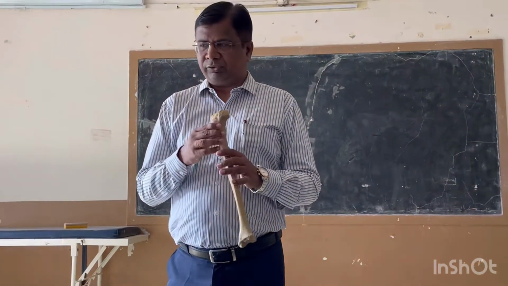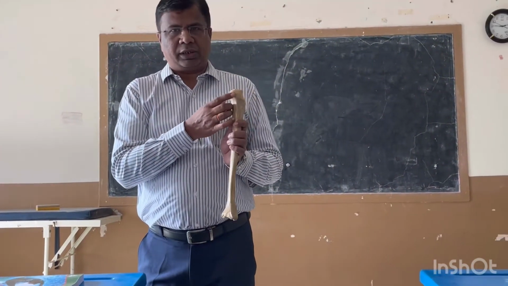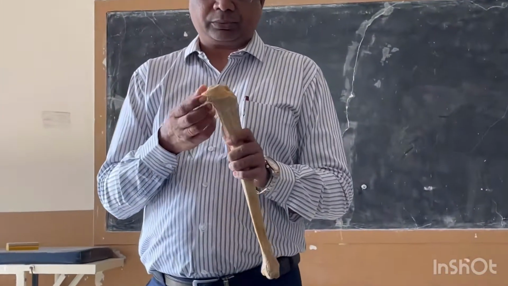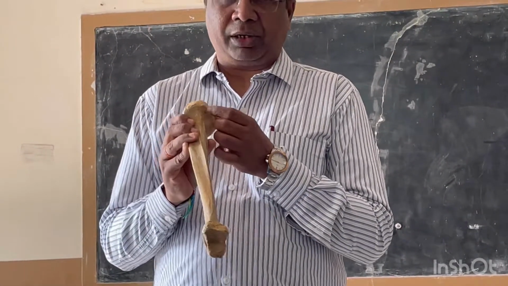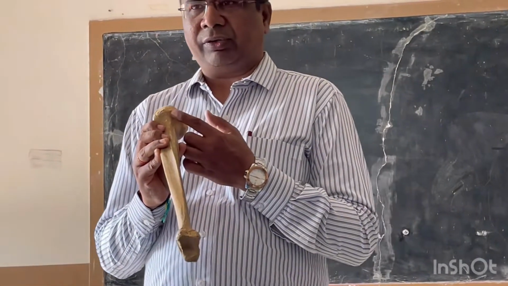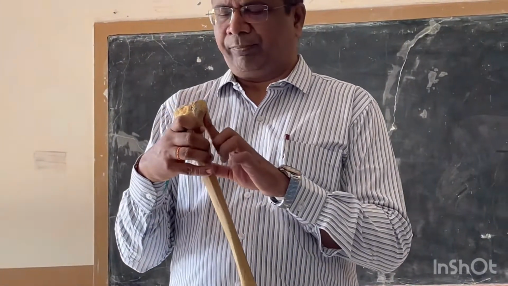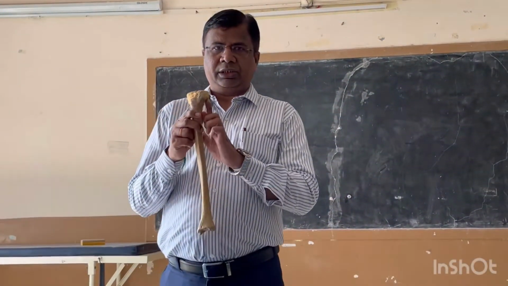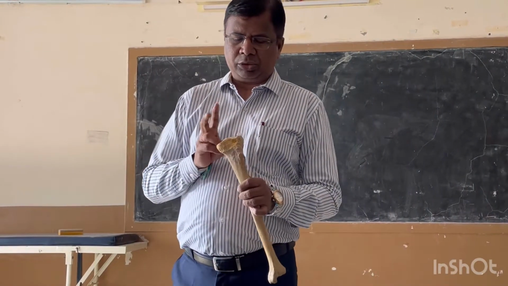The other features of the condyles: on the posterior part of the medial condyle, there is a roughened area where you have the insertion of semimembranosus. And a very important thing here, the posterior inferior part of the lateral condyle bears a facet which has the articulation of the fibula. So fibula is going to attach here, and fibula therefore will not participate in the formation of the knee joint, because it is going to be hidden below the lateral condyle of the tibia. So that is about the two tibial condyles.